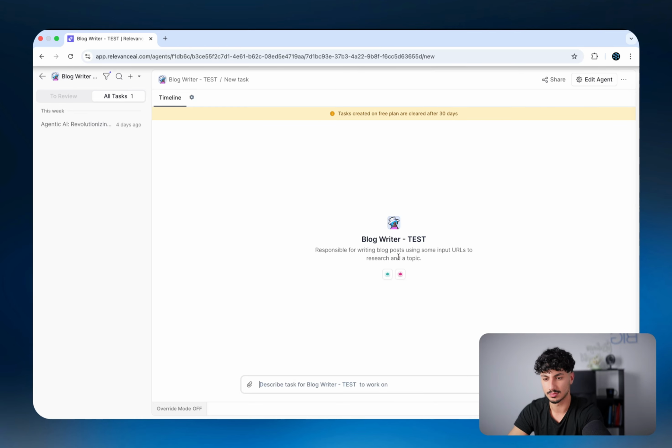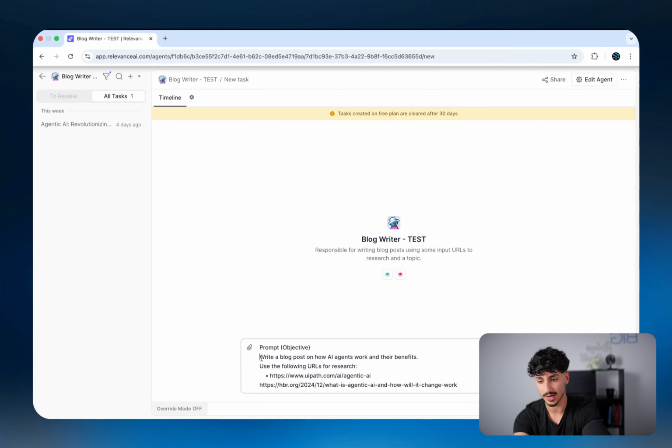So this is the blog post writing agent that I've built. All you have to do is give it an objective. As I said before, tell it to do something for you. The objective I gave it is write a blog post on how AI agents work and their benefits. Use the following URLs for research. First URL and the second URL. Maybe I'll just format this correctly. Boom.